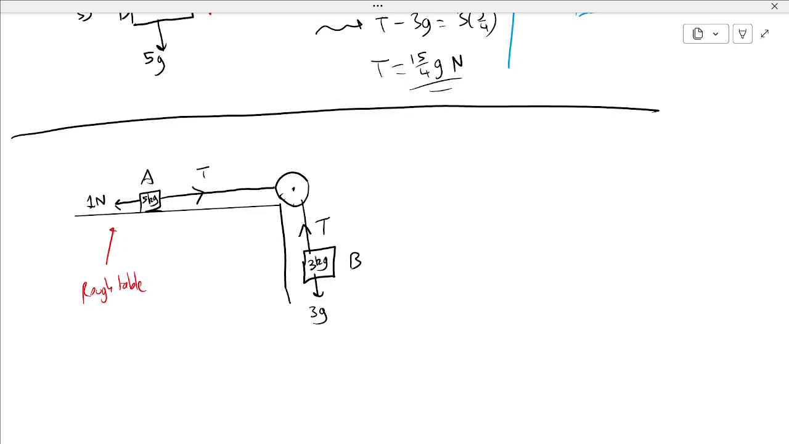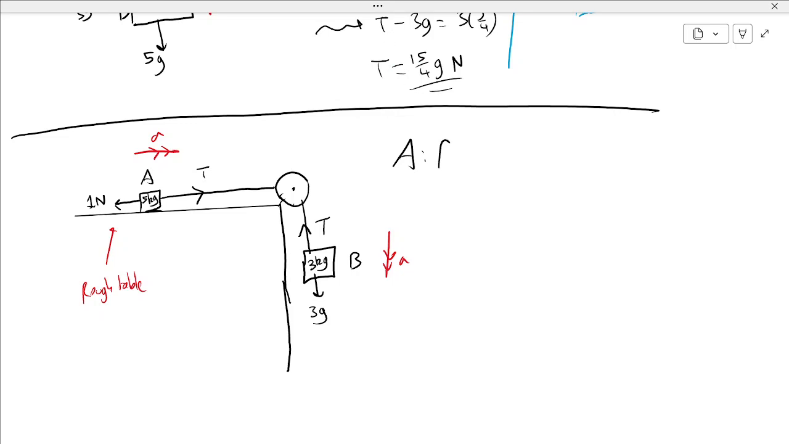Now we follow the same principles here. The difference being that on particle A, the weight of the object is not really going to come into consideration. There's no 5G term in my equations, okay? Because particle A, think about which direction it's going to move in. It doesn't matter that it's heavier than particle B, it's still going to move to the right. It's not going to move to the left. Particle B is going to move downwards. So because A is moving to the right,